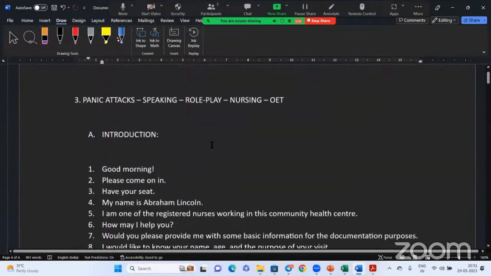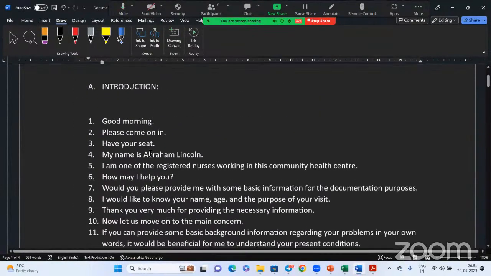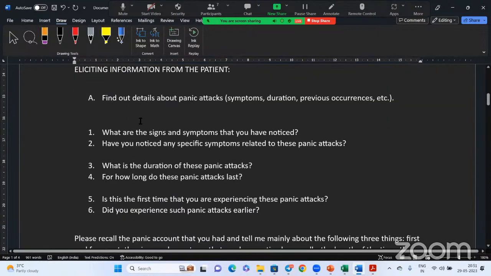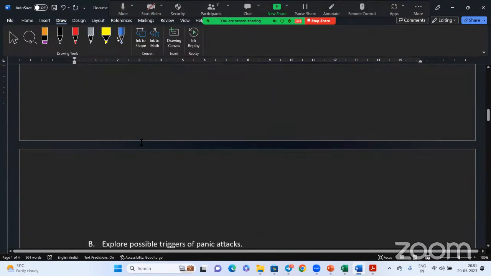So here it is from here. Okay, introduction, then the main course, then here